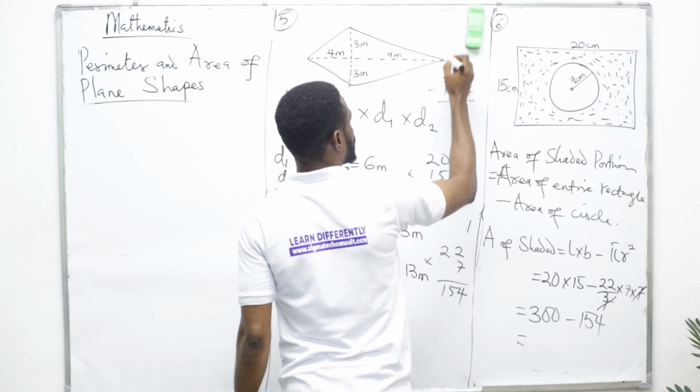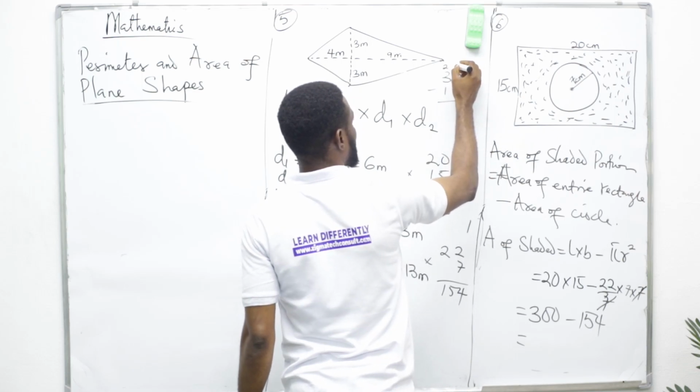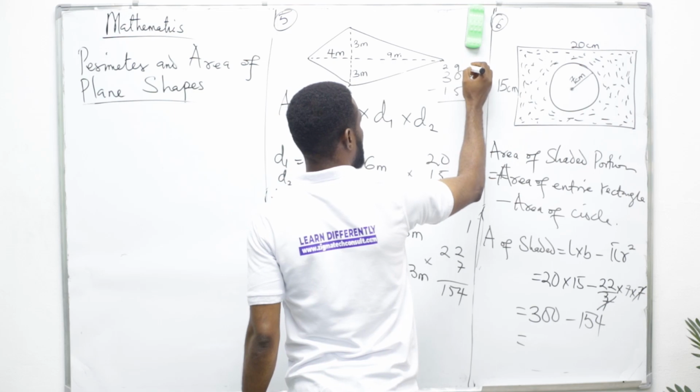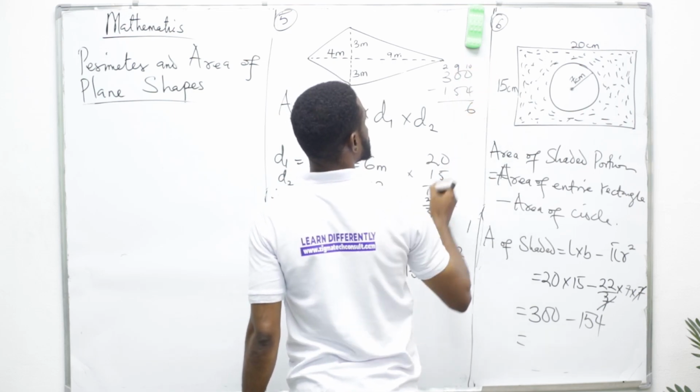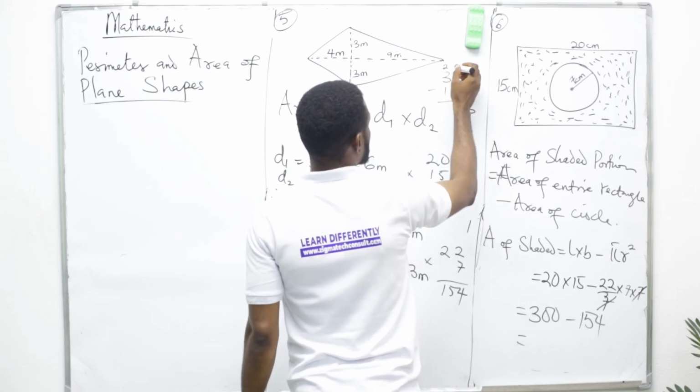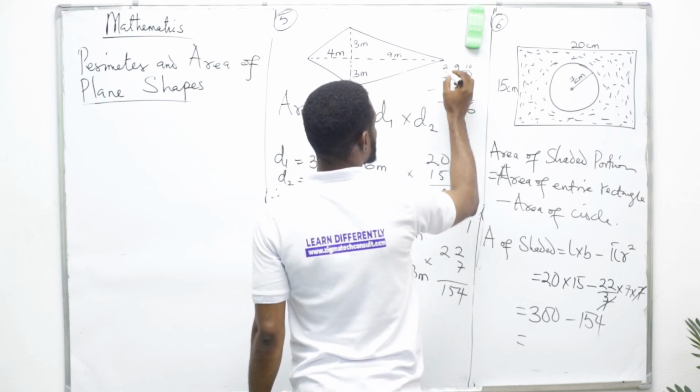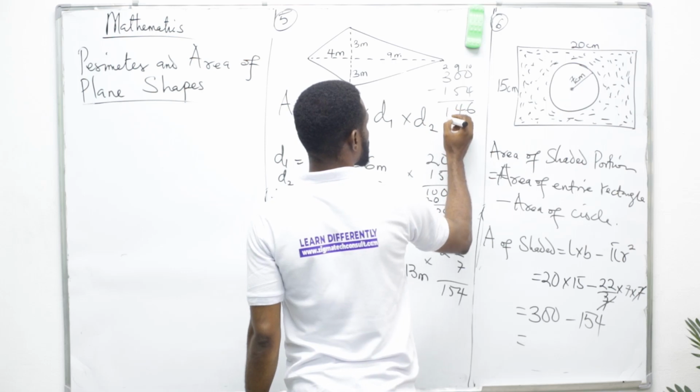This is now 2. Take 1 from here, put here. This is 10. Take 1 there, it is now 9. Take 1 from this 9, from this 10, put here. This is now 10. 10 minus 4 is 6. Okay? 9 minus 5 is 4. 2 minus 1 is 1. So